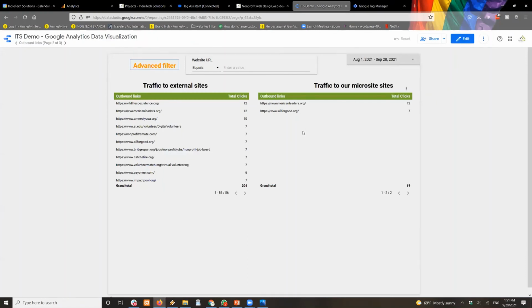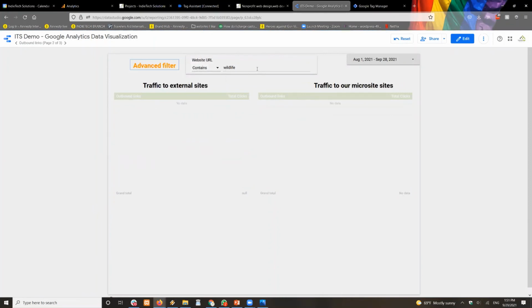The other thing you could do, which I really recommend for all of the reporting if possible, is use Google Data Studio because it's amazing. Here you can filter literally as you like. So for instance, let's say I want to know only the wildlife contains, and see what we get.